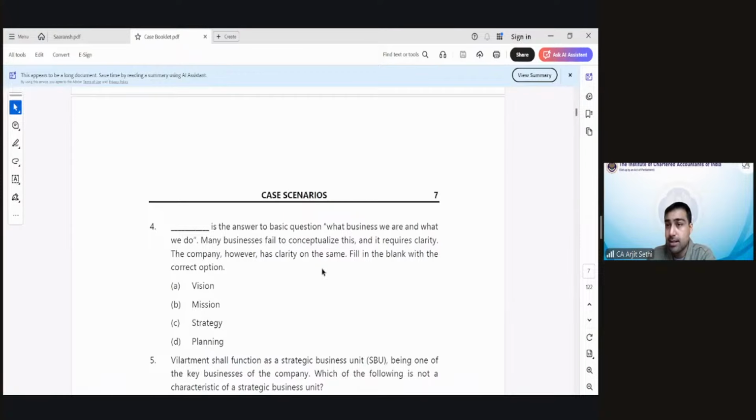Mujahid, a lot of practice will be needed, my friend, a lot of practice. You're not giving the right answers, let me tell you. Pooja, what business we are in and what we do, basic chapter 1, I taught it five times in session number 1. I spent 30 minutes on this topic, and if you're giving a wrong answer, then I don't know. You really need to study real hard.